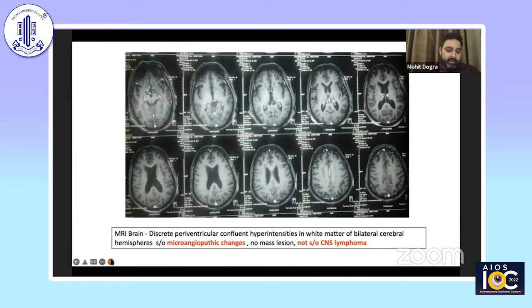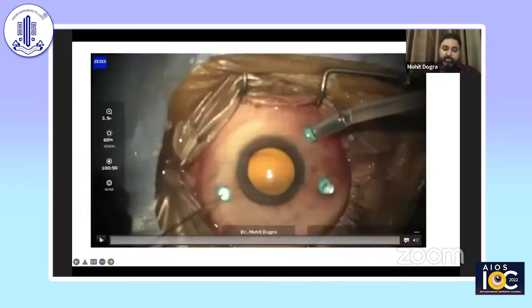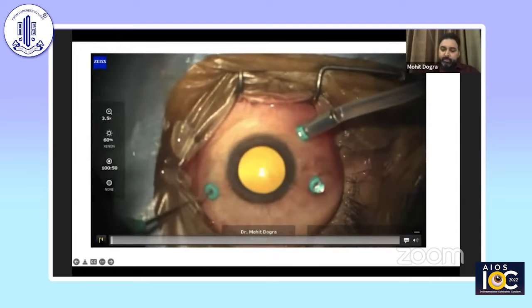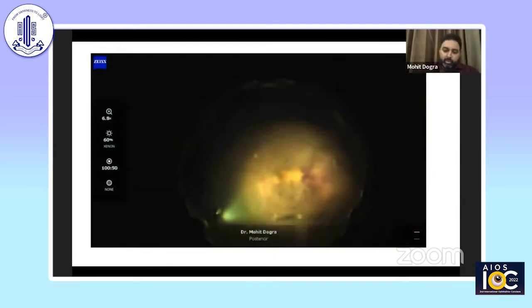The MRI brain report came back as just microangiopathic changes, and it was not suggestive of a CNS lymphoma. So this patient was actually taken up for a diagnostic vitrectomy along with a subretinal biopsy. So this is how it went. Standard 25 gauge 3-port setup was done, and initially the diagnostic vitrectomy was begun under air so as to